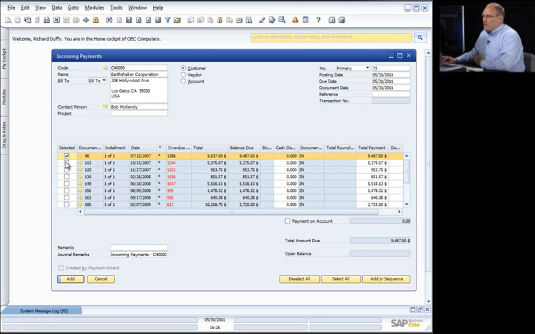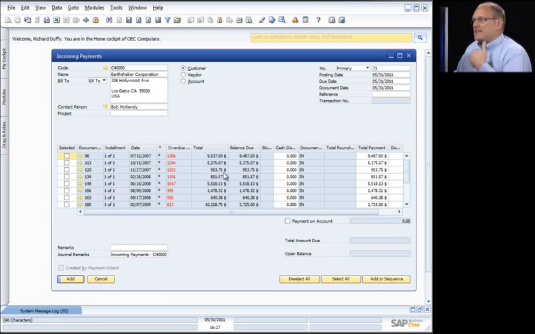I've got that transaction that's been selected, and I've got that transaction that's been selected. So I'm manually going through and selecting the amounts that I'm paying. Now, what I can also do is go through and manually type in the amount that